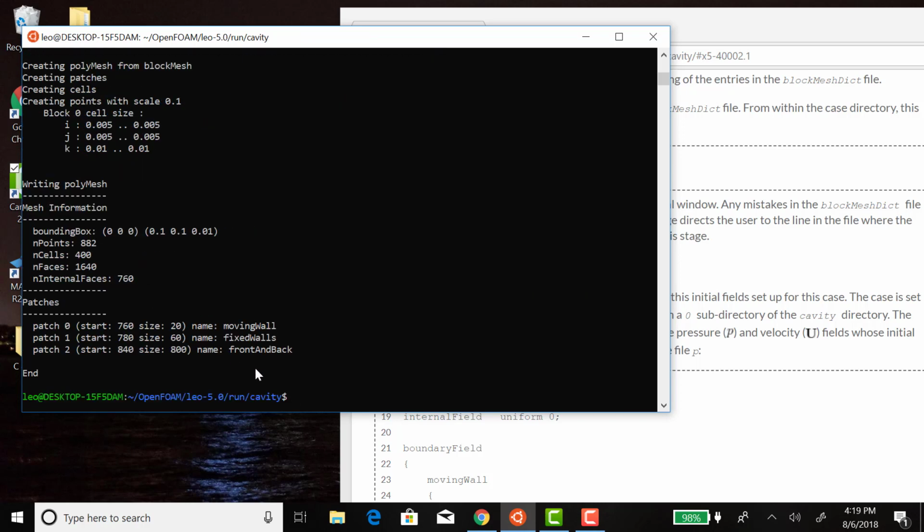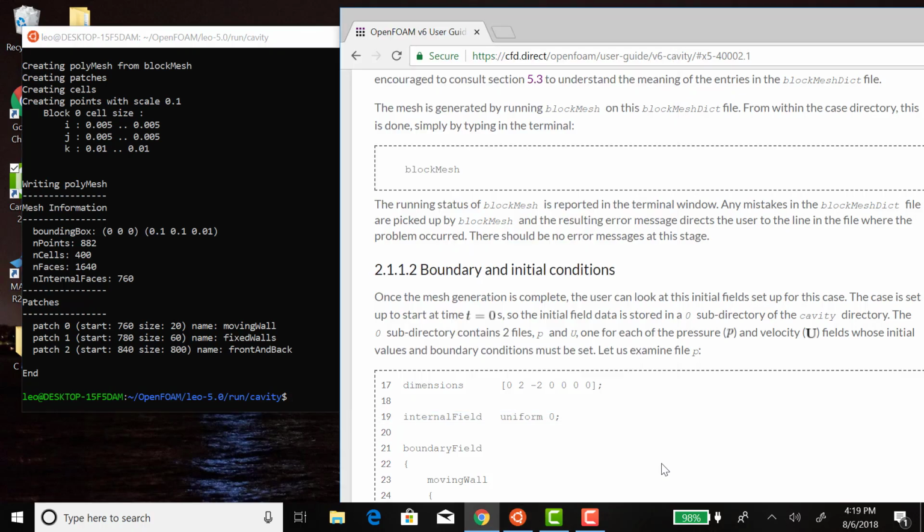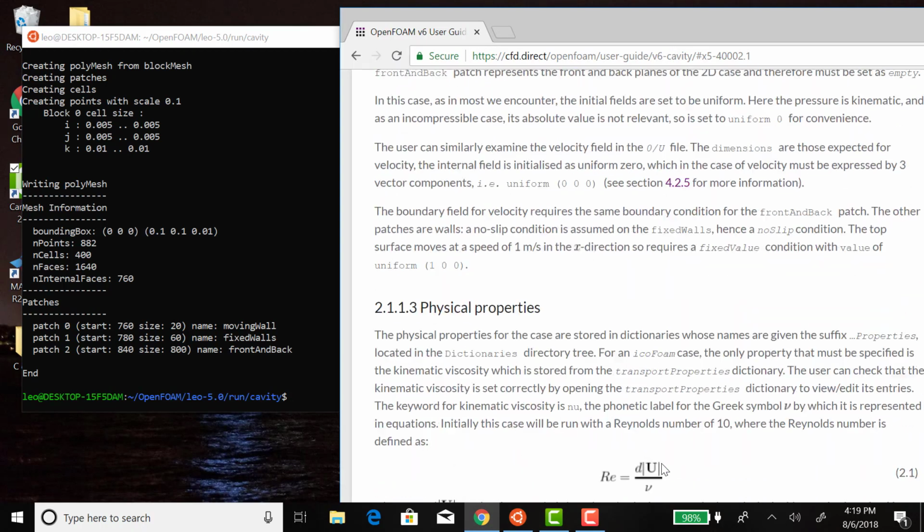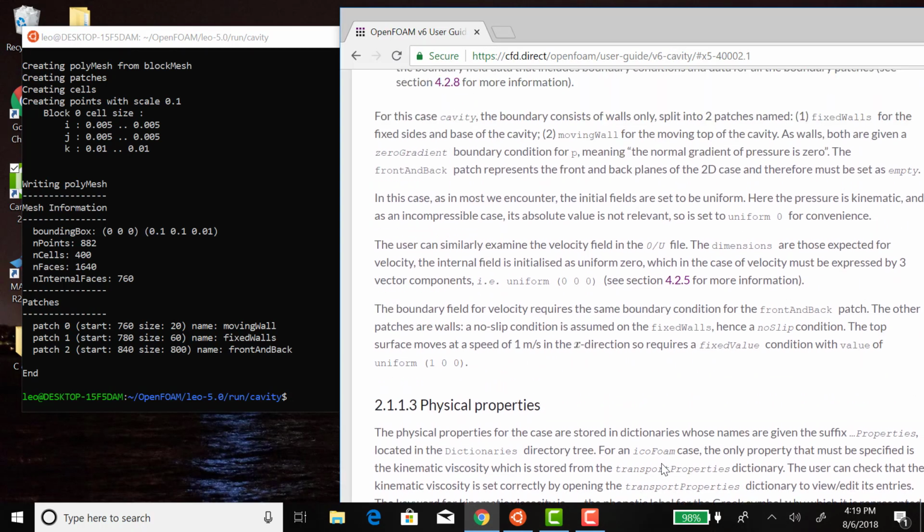Okay, so you have to run it from cavity, not from system. So that's a mistake I made. Okay, so then